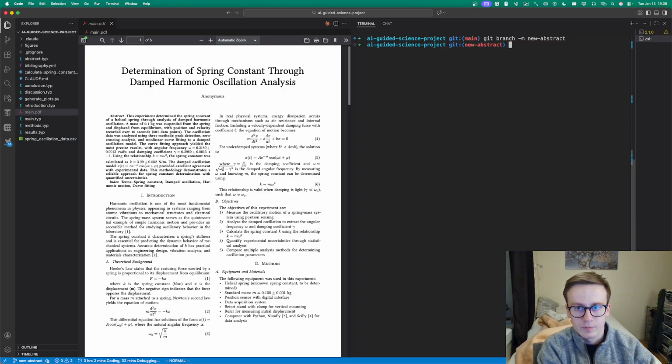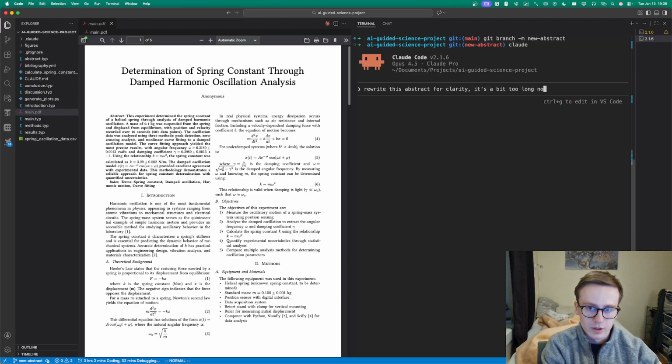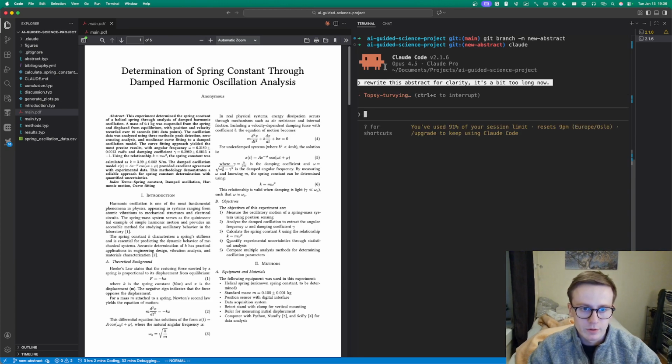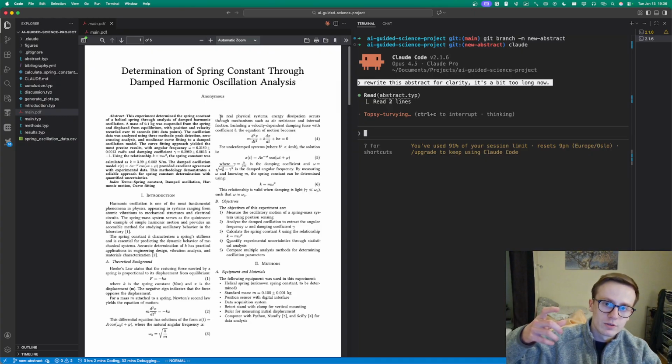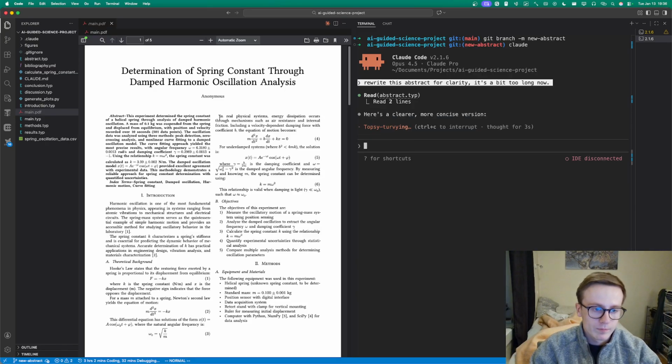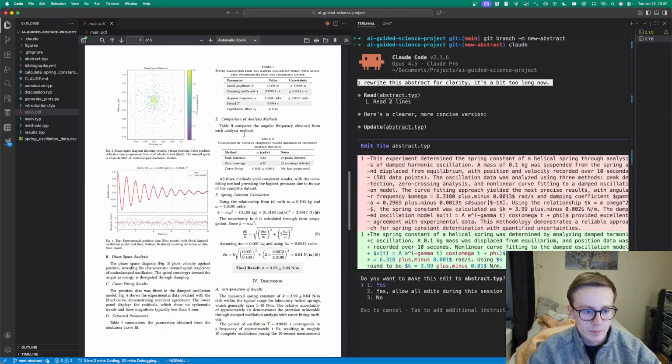the abstract. Yeah. And then Claude, rewrite this abstract for clarity. It's a bit too long now. That's maybe a contradiction, but we'll see. So now you can make changes and hopefully merge them in a good way. I guess you see where this is going, so I'm pre-finished, but yeah, I think this might be a good guess to where science is going. I don't like it, but that might be